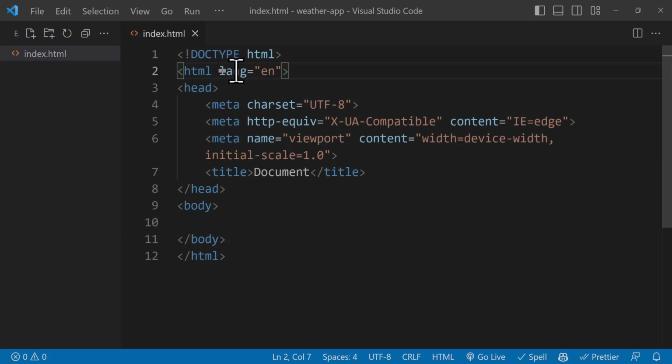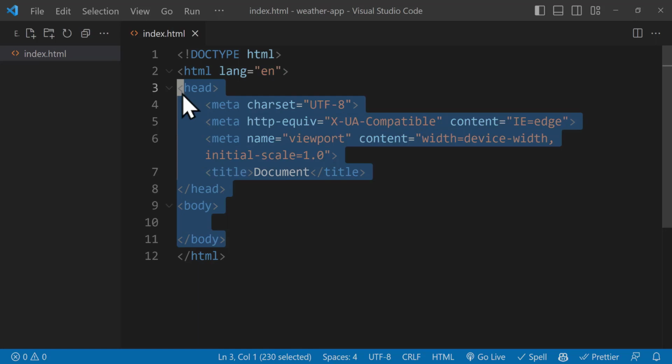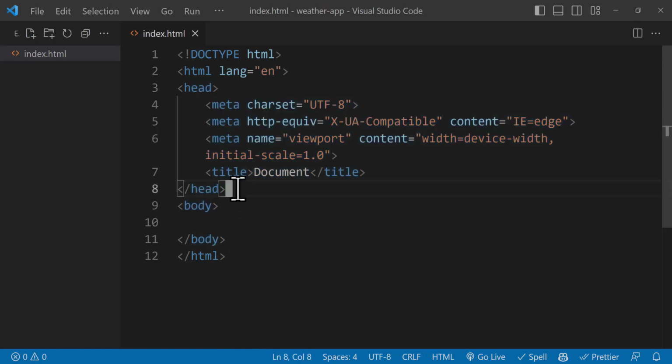And here the lang attribute defines the language of the page. As we are using English, we're going to keep it en, but you can change it based on your local language and the language that you're going to use inside your website. Inside the html tag, we have two tags, the head tag and the body tag. The head tag contains the metadata